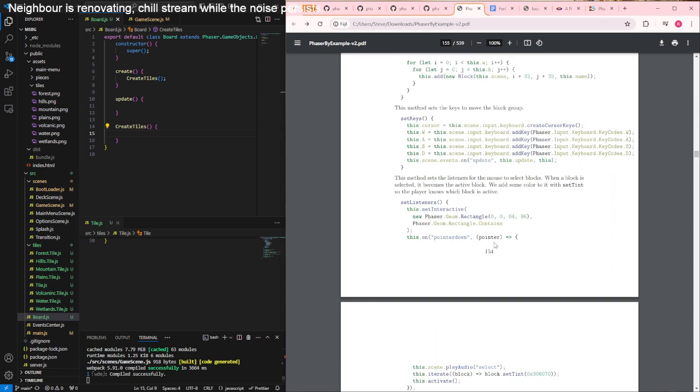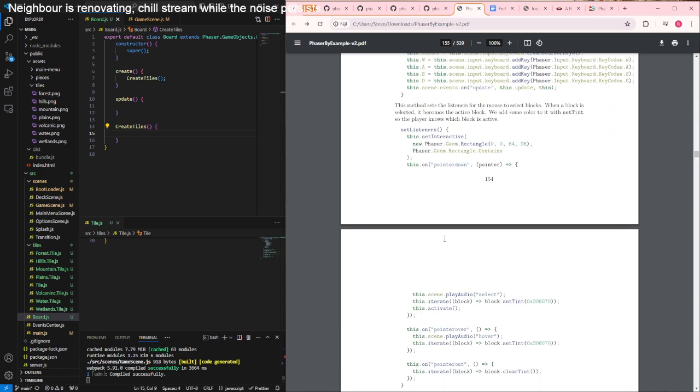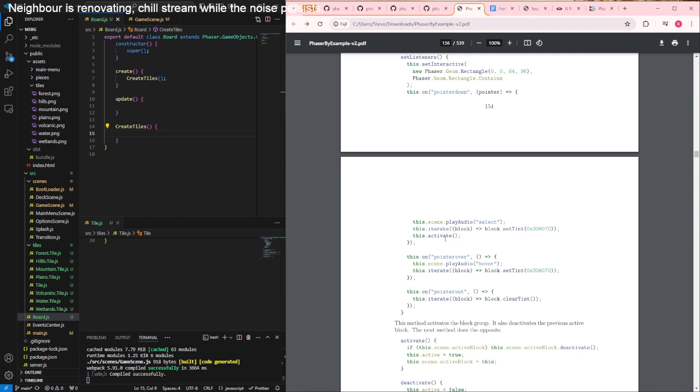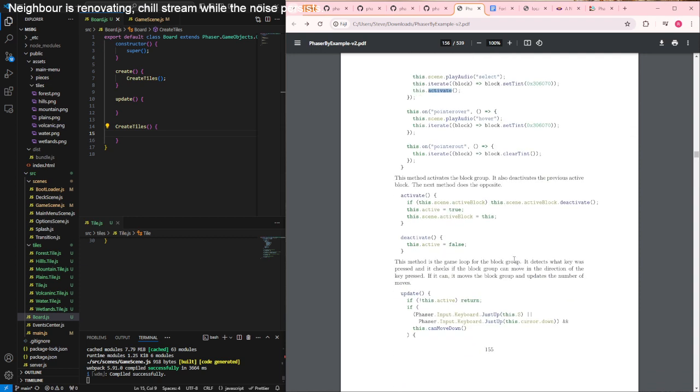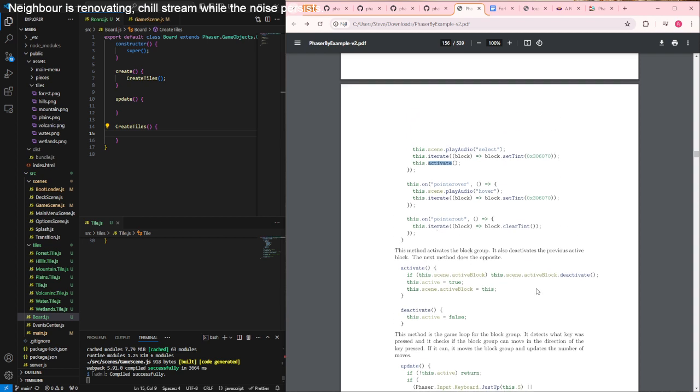The listeners are on the board itself. It sets the tint and it activates. The activate sets the active property on the block